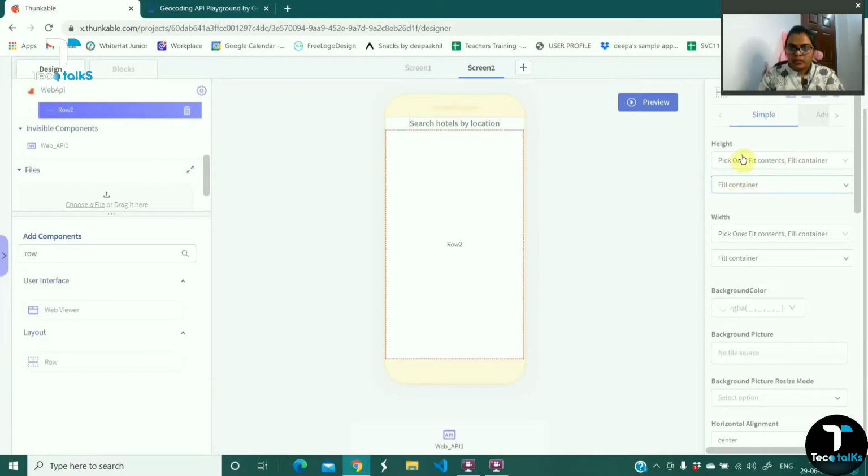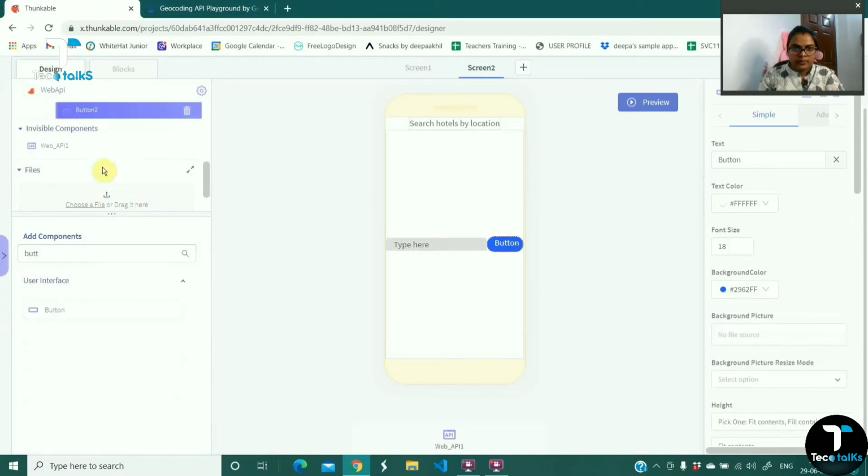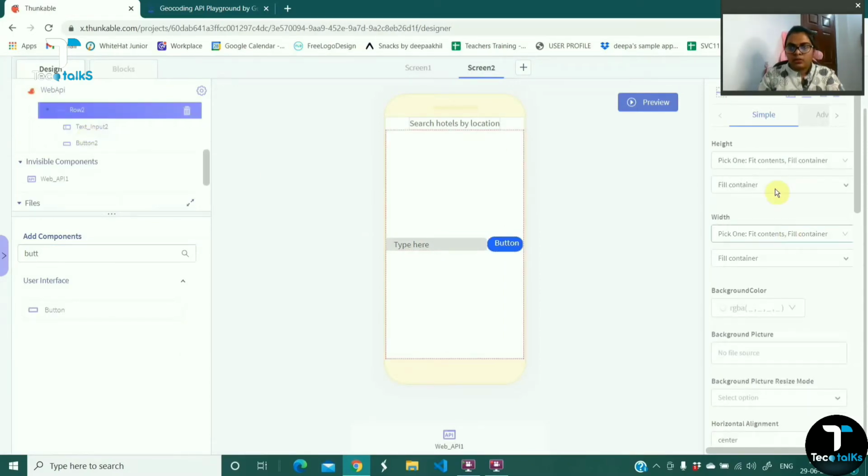So I'm making the row, inside that I'm putting a text input, and also I'm putting a button as well, and I'm going to make this row's height as fit contents so that it will fit over here.